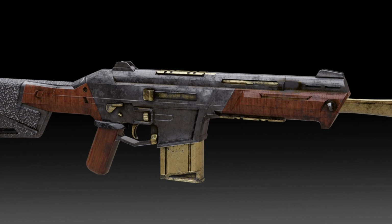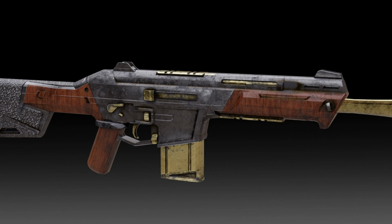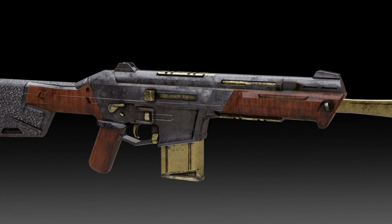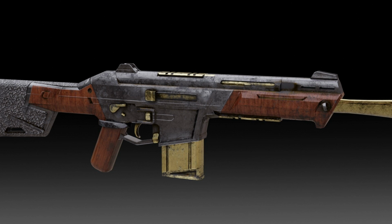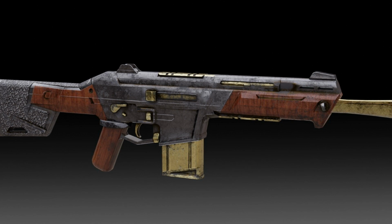This Phantom design by Eduardo Toninelli, I'm sorry if I butchered his name again, is fully designed as a pirate themed gun, down from the color palette to the shape of the barrel that resembles that of a cannon or a handgun from that pirate era. I love the use of wood in this gun, and the fact that it's still pretty toonish